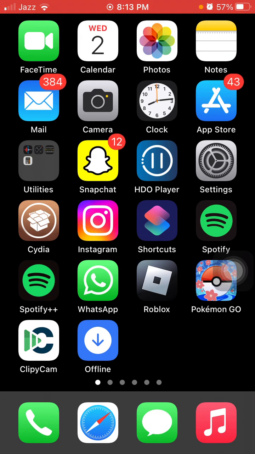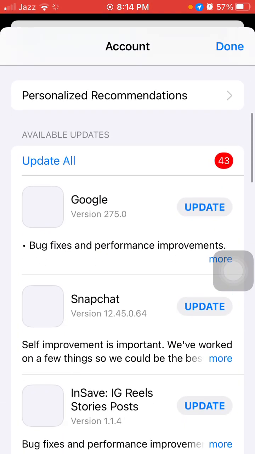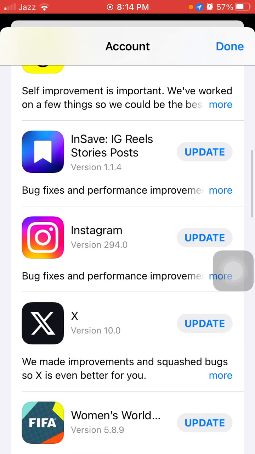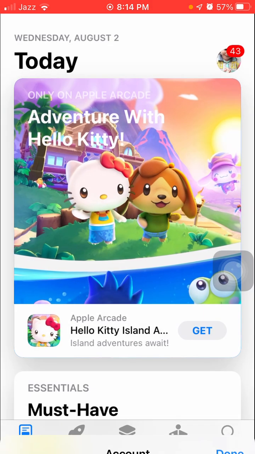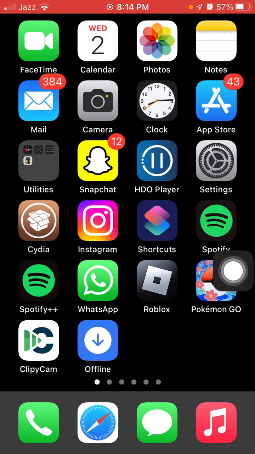If not, then tap and hold the App Store. Now tap on Updates and check the list. Is there any update available for Instagram? If there is, then update the Instagram app. After updating Instagram, if you are still facing the same issue, then force close all the apps, tap and hold